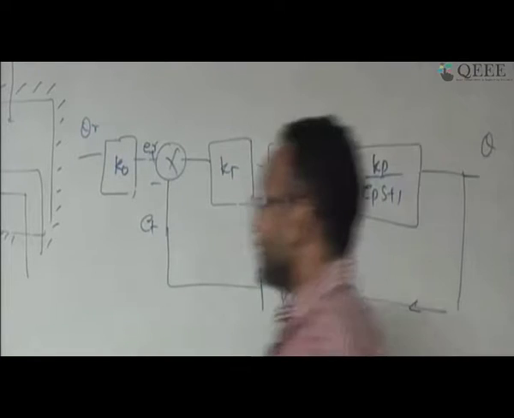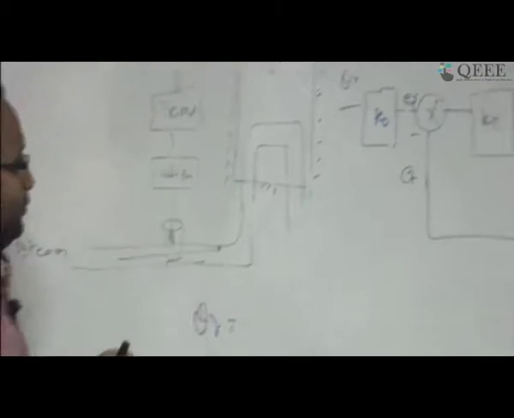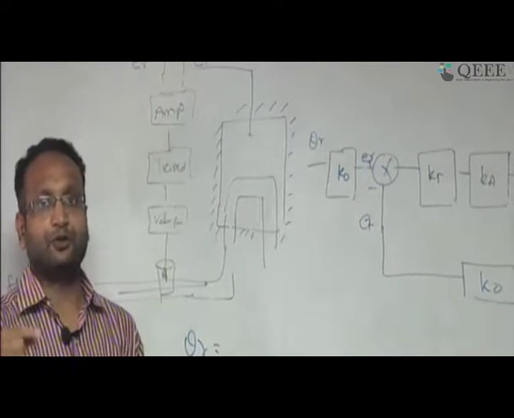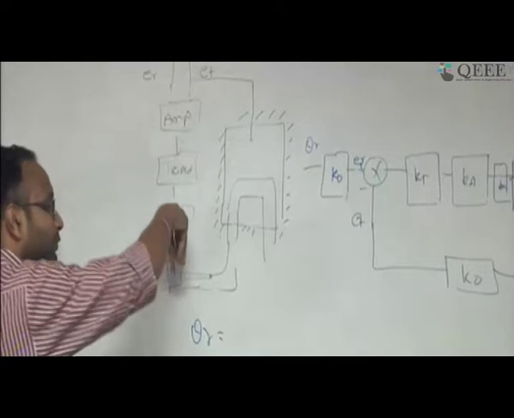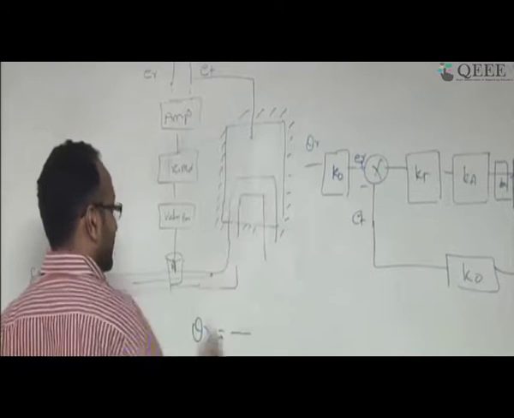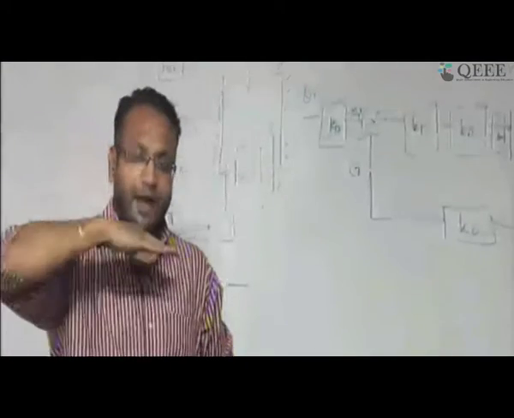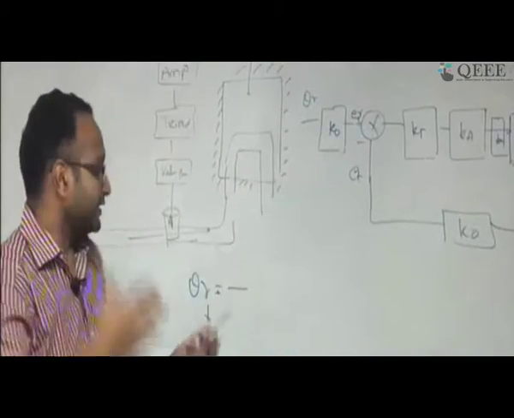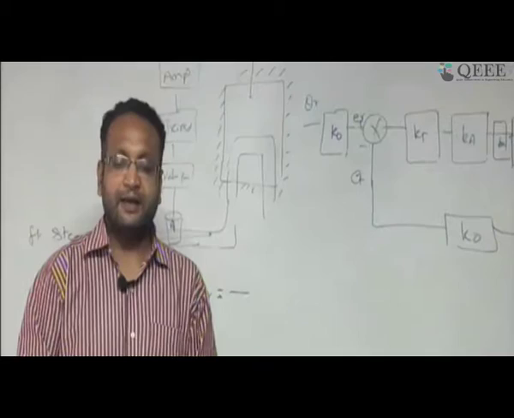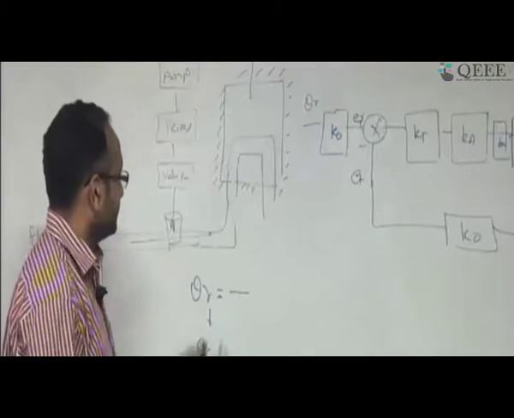So what happens when I say I have to maintain a temperature of theta r? For theta r to be maintained, I have to know this calibration. Calibration means I should know how much steam is required. So I will control the valve position, and it will go to whatever valve position is required. Now I will see what the exact temperature is. If the exact temperature is also theta r, then it will maintain the same position of the valve, and it will control the flow of the steam. If there is a difference, then an error will appear, and we have to work in such a way that we take the valve position to the upper side or lower side, so that we can control the flow of the steam.